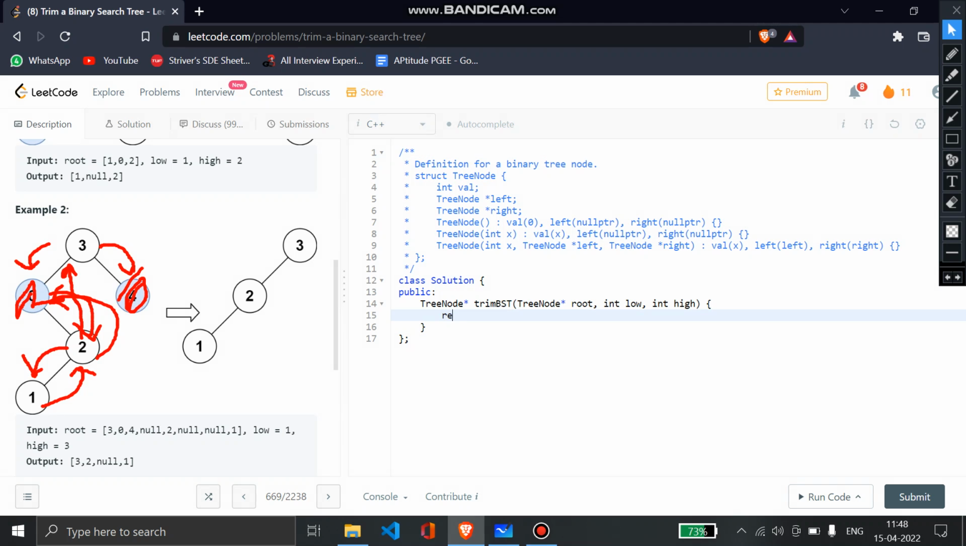We can see that first we will make a function trim which takes the parameters root, and low and high, the interval. Okay, we will name the function trim. Now declaring the function, it will be returning a tree node pointer and it takes root, int low and int high where the interval will exist. Now we will compare if root is null. If the root does not exist, then we will return null,